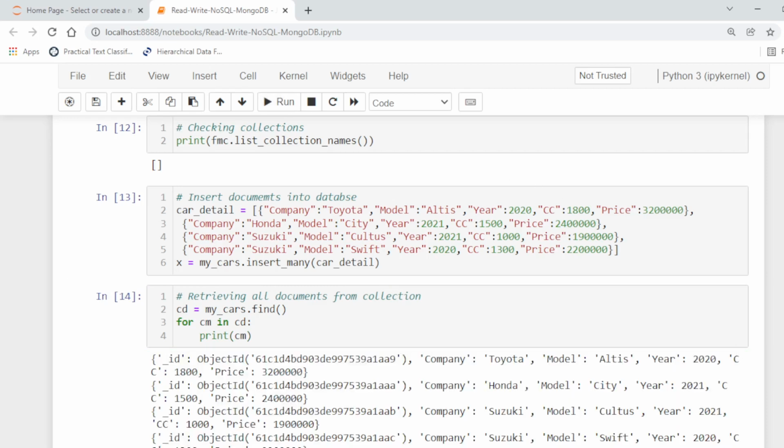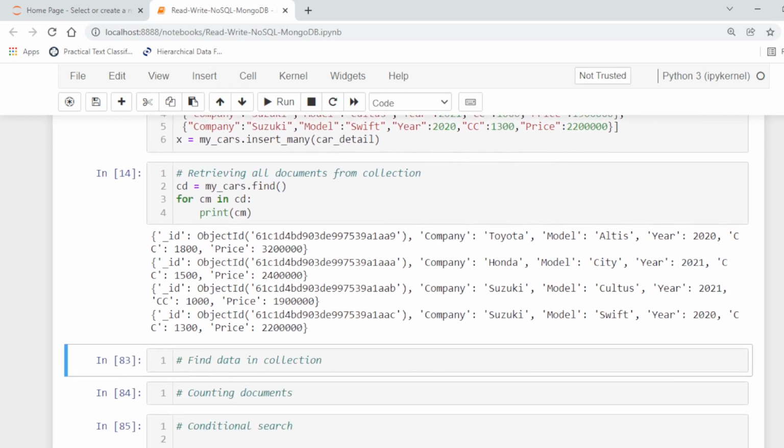So this is the document stored in the above collection. Here this is the ID, which is like a primary key, representing a unique value in the MongoDB database, like a primary key in relational databases.